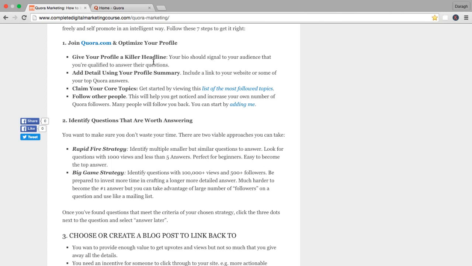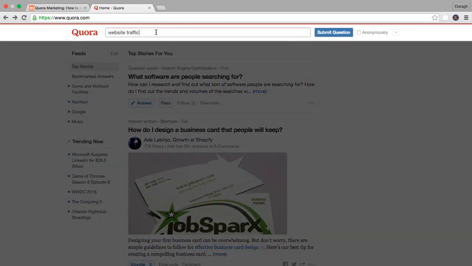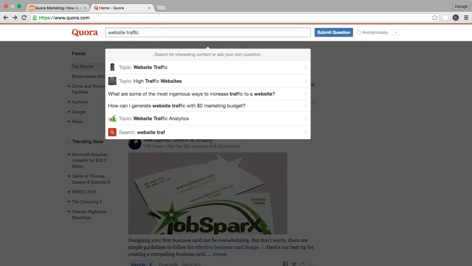So how do you carry out the rapid fire strategy? Let's come into Quora, and what you want to do now is search for a keyword that you think your potential customers will be looking for. So for me, for example, website traffic. I'm going to type this into the Quora search bar, and I'm just going to hit enter.